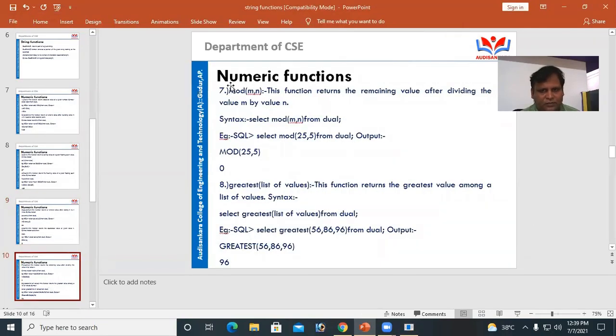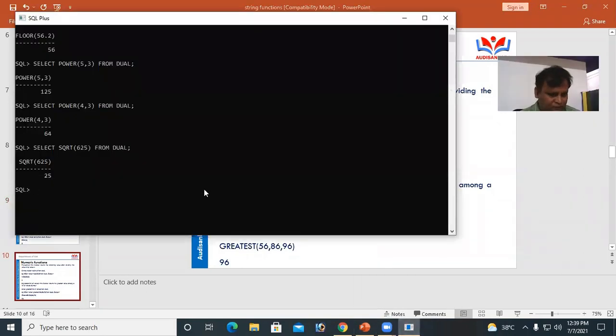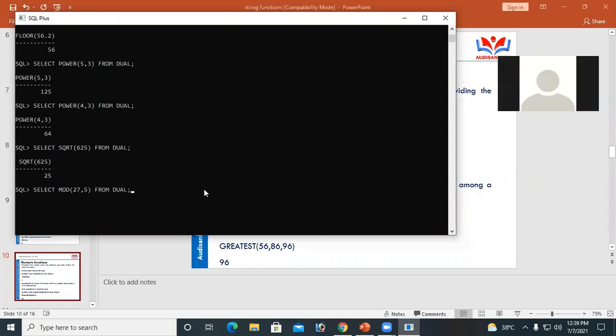And one more function is there, mod. Numeric function mod. So here, select mod of 27 comma 5 from GL. Output is 2. Here, please listen.